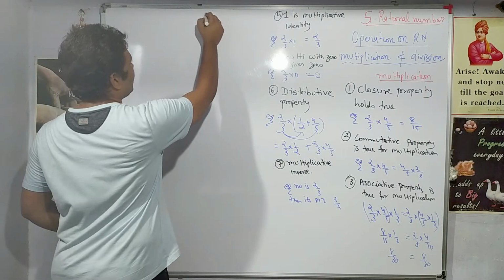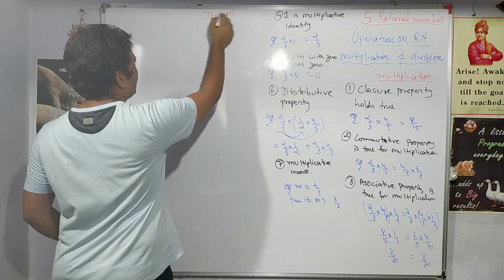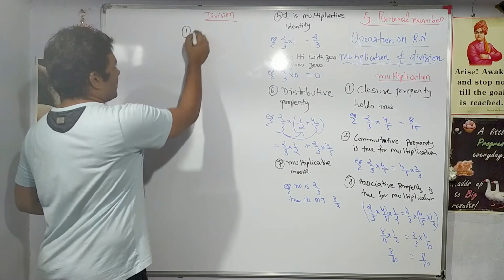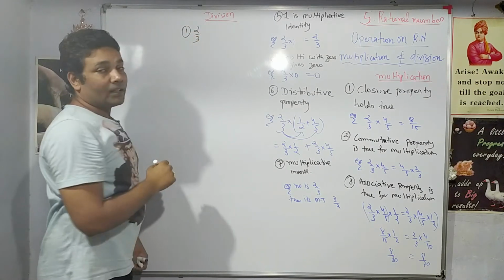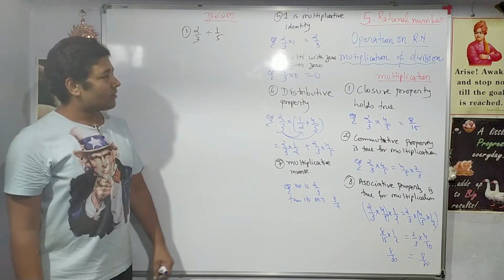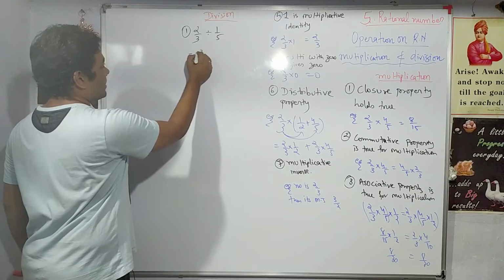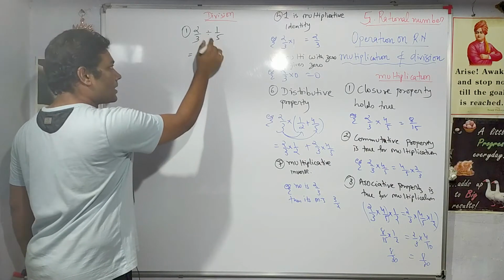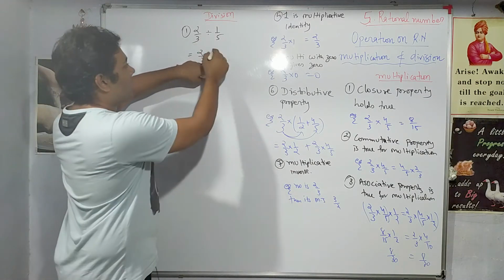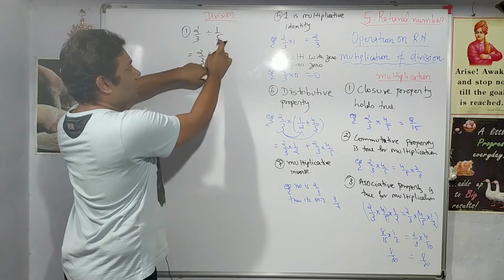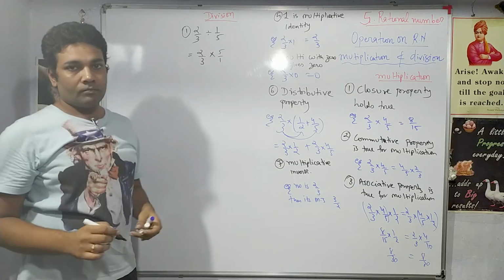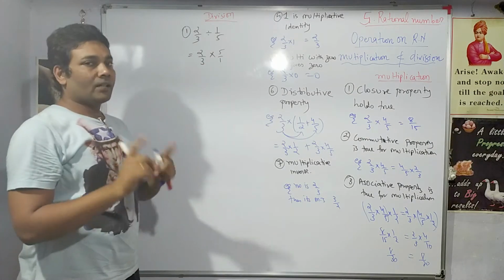Now let us look at division. How will you carry out the division of rational numbers? The first thing to understand about division: let us say you are given the number 2 by 3 divided by 1 upon 5. How will you simplify this? For this, step 1 is you convert division into multiplication. Then the term which follows the division sign will become its inverse. This is how you solve division. Let us see once again.